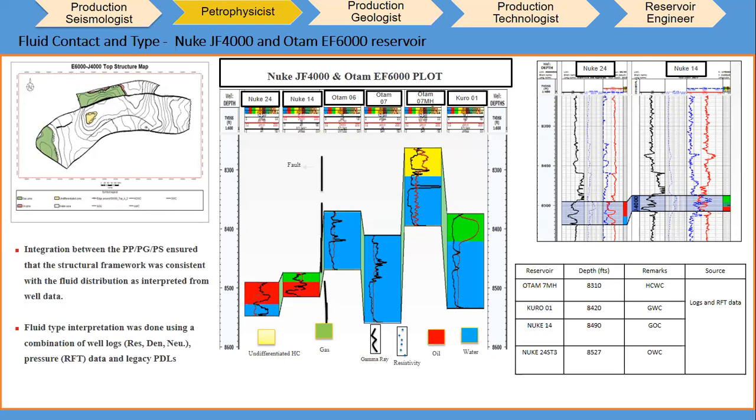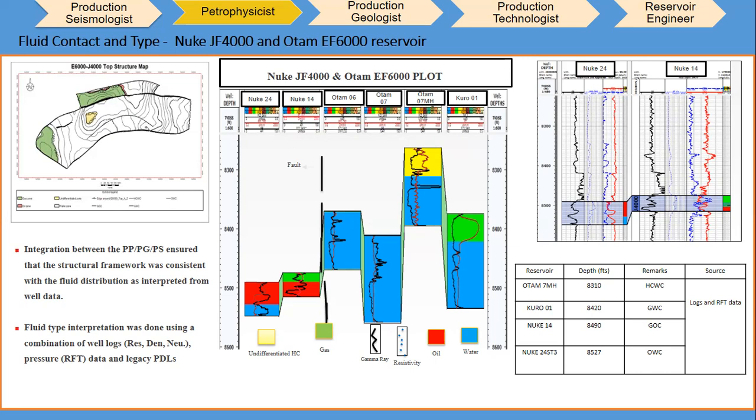With the aid of top and base harmonization that was done first with the production geologist and the petrophysicist, we had to carry this out, and we had to move a step further and